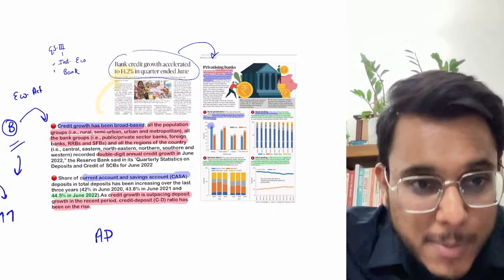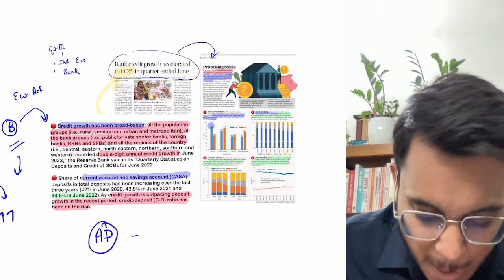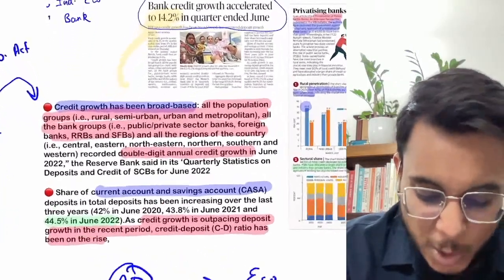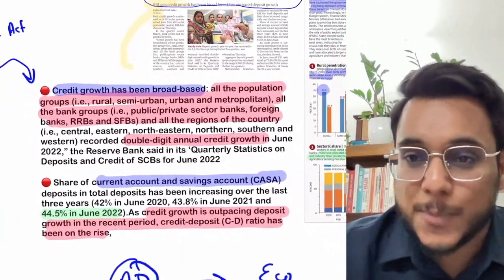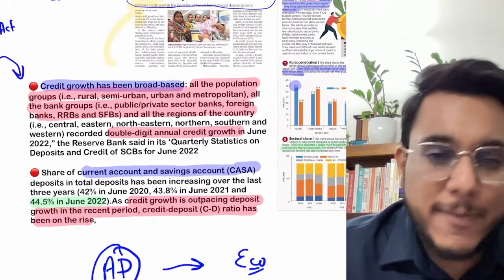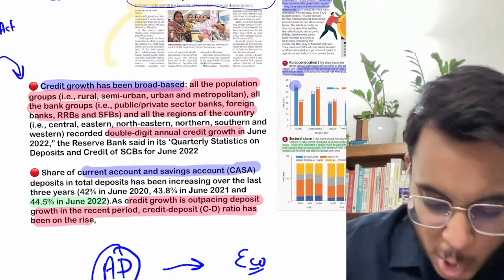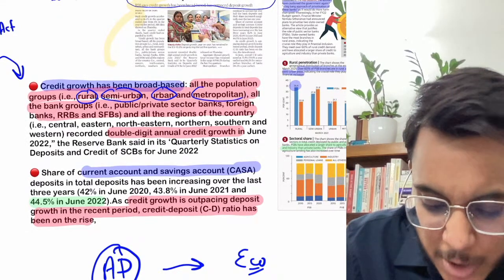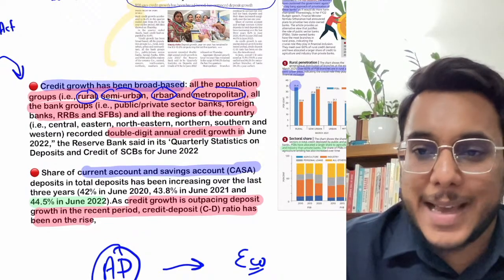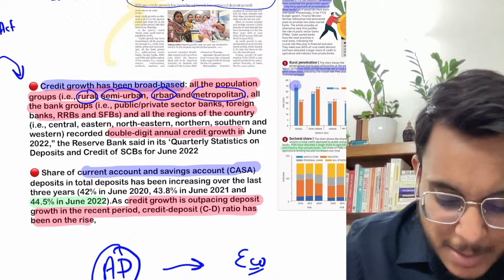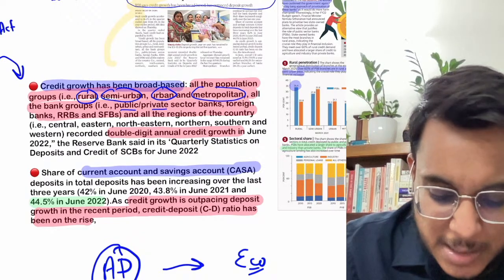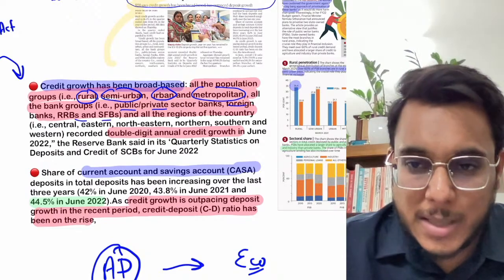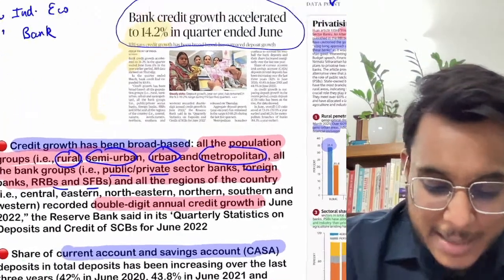So what will happen when everybody raises demand? The aggregate demand will be increased, and by that aggregate demand the economic activities will rebound. So credit growth has increased, and it is not there for only a few sectors or only a few types of people. No, in rural areas, semi-urban areas, urban areas, metropolitan areas, all the places credit growth has increased. Even public sector banks, private banks, foreign banks, RRBs, small finance banks, everybody is disbursing the loan, and the credit growth